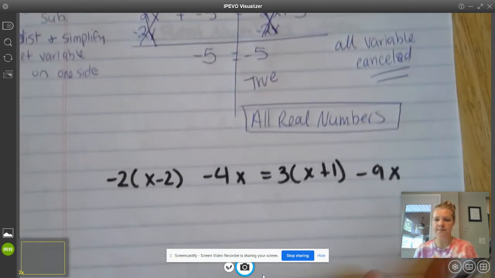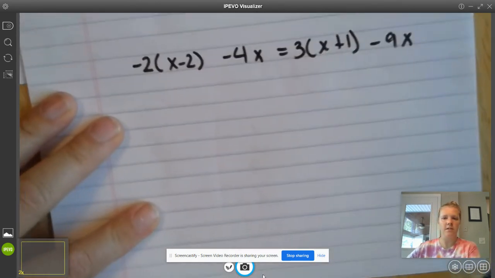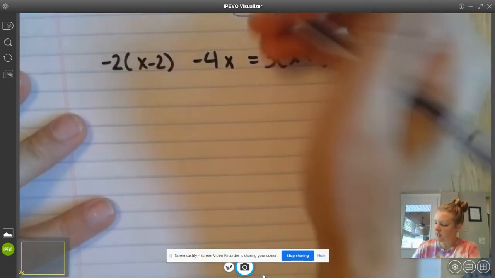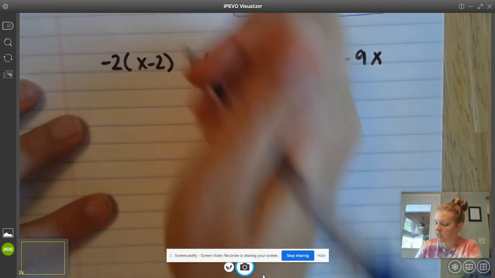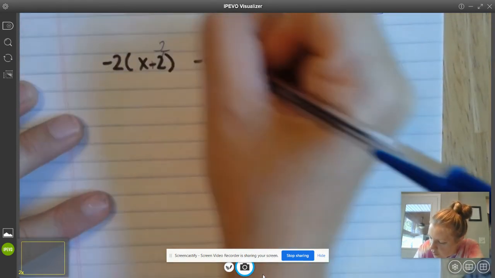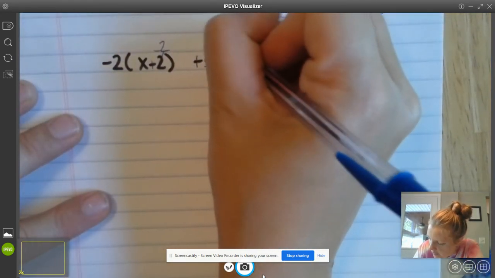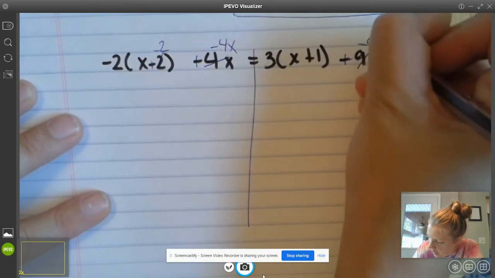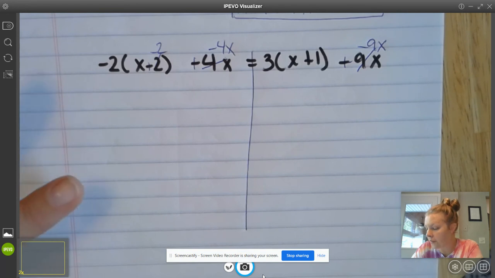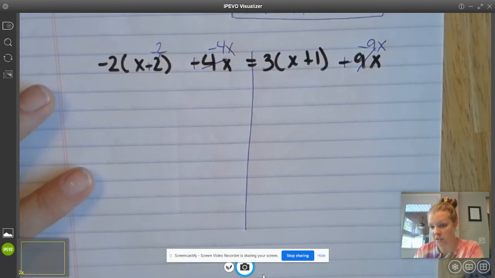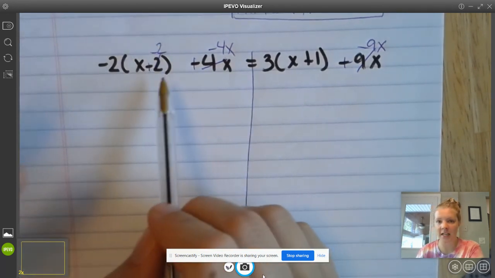There's one other one. Let's solve this one and see how it works. We're going to do everything the same. Draw a line through the equal sign. I'm going to get rid of my subtraction. So this becomes a negative 2, a negative 4x, and a negative 9x. If you feel comfortable not adding the opposite, you don't have to. I personally always do, because otherwise I forget what's negative and what's a minus, and I